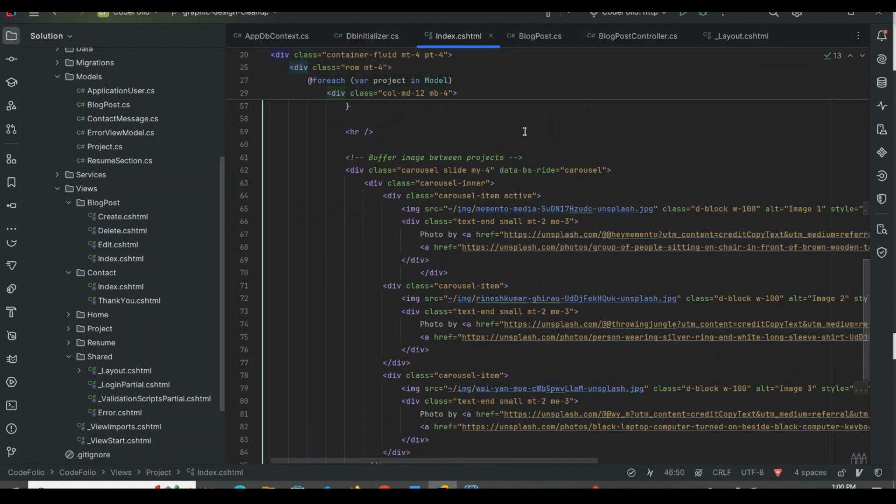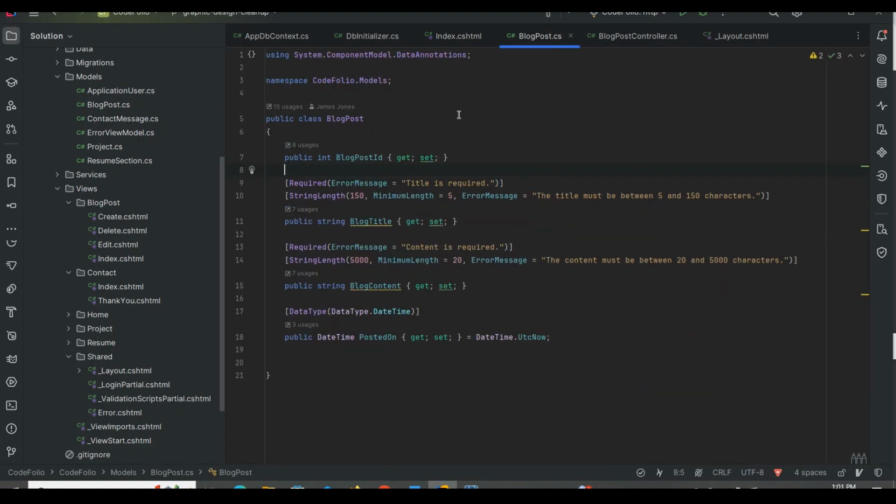Here is the index for the project landing page, which has the ability for me to post a project, and to also have a clickable for you to view a video like the one I'm making right now. And in between each project, I wanted a bit of a buffer so that you could see that they're separated. And I used a slide carousel with 3 pictures that acts as sort of a slideshow when you're on the